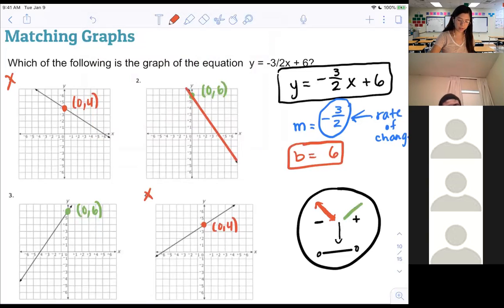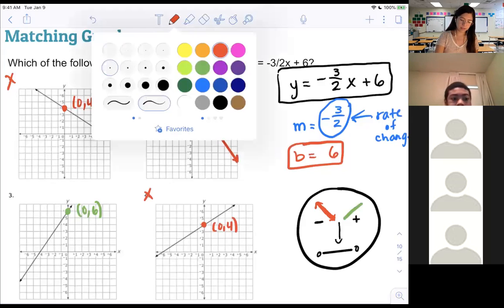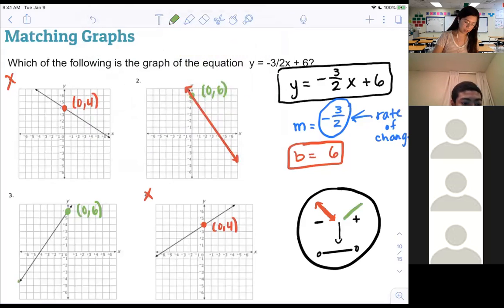This is going down. I know there's arrows on both sides. Trust me, I know that. It's not about the arrows, it's about the direction of the graph. The graph is a negative graph. Whereas answer choice 3, we call this a positive graph because it's increasing, it's going up. Even though the arrows point both ways, I know. That's not what I'm looking at. It's about the direction. So one is negative, one is positive, and you have to know which one is which,